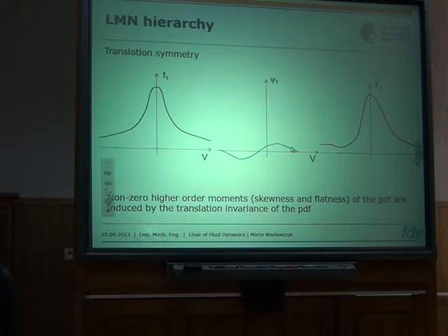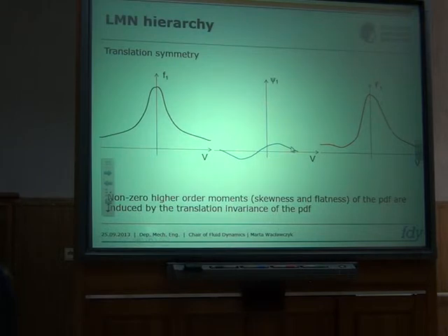As an example, let's consider a PDF which is first, for example, symmetric, and then there is some function phi, the integral of which is 0. But in order to give the translation of all statistics, this function must be non-symmetric. So this is what we obtain after the transformation, and we see that from the initially symmetric function we obtain a function which has non-zero higher order statistics. So this is a link to this symmetry of the multi-point correlation equations, and